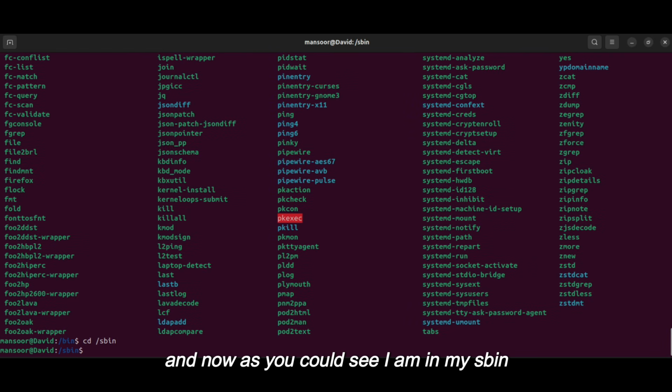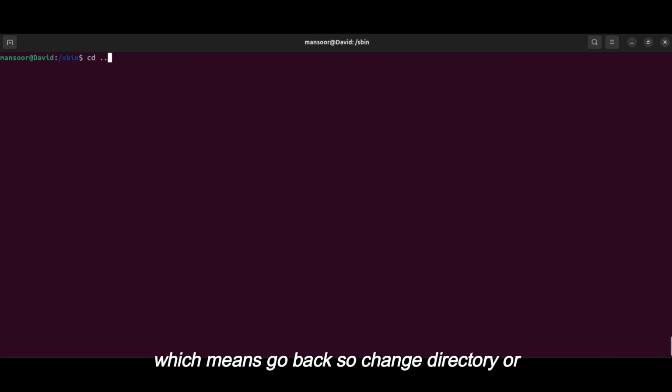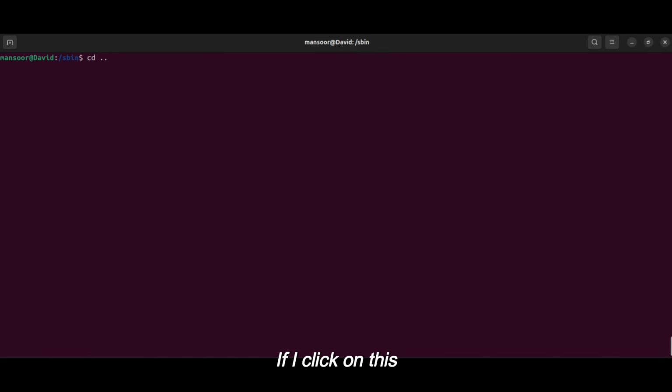And now, as you can see, I am in my sbin directory, and if I list it, I'll see the files or the commands inside the sbin directory. We could also use cd .., which means go back, so change directory or go back to the previous directory. If I enter this, we can see that we are in the root directory, which is the parent